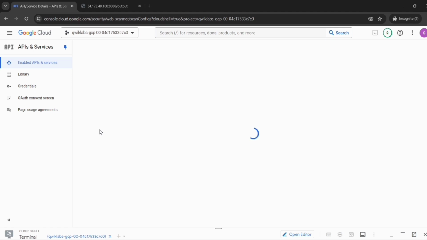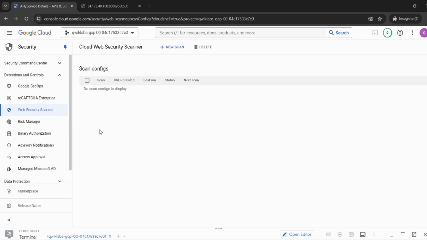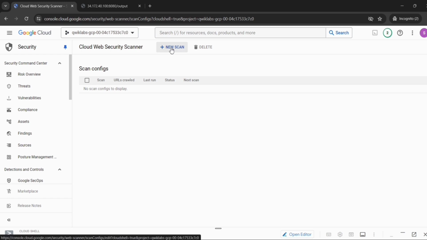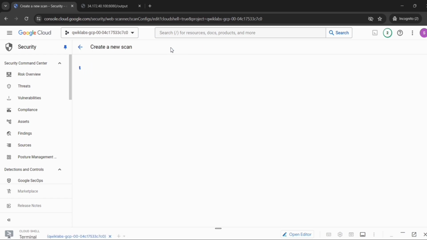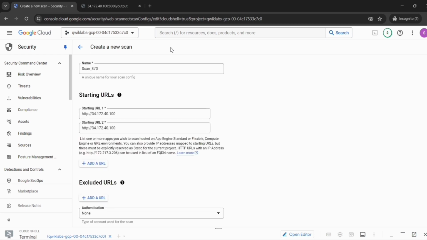Now you have to scan, so for that click on New Scan. Now in the Starting URL section, the Starting URL 1 field should be pre-populated with your static IP address. Now add the port number so that the starting URL looks like this.